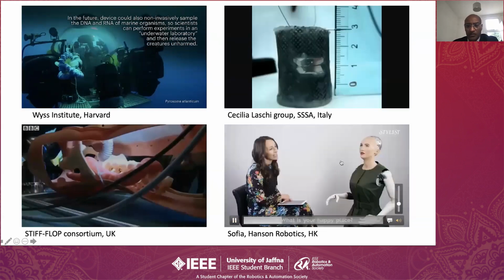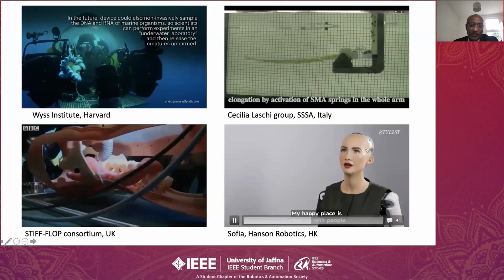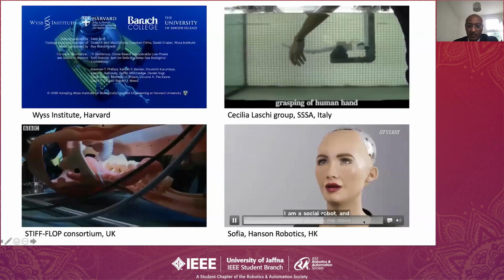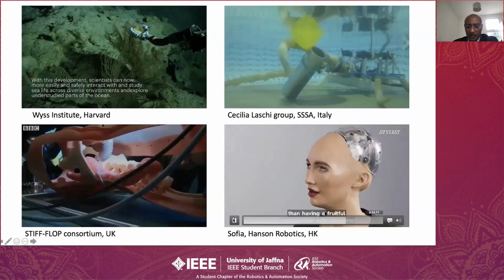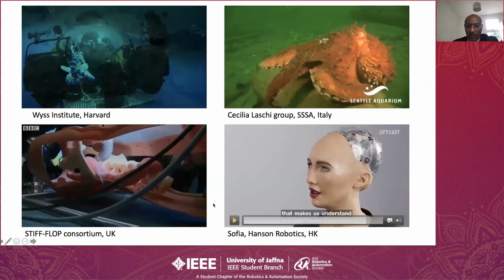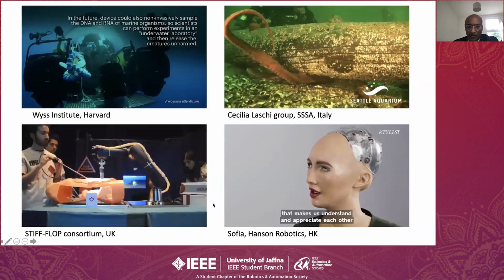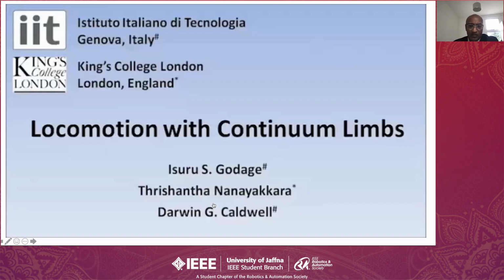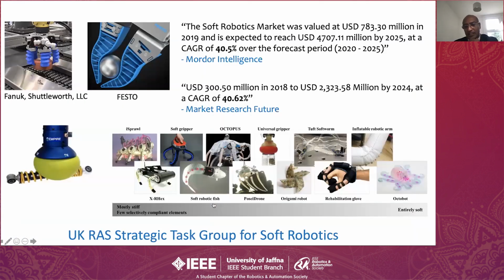So this kind of robots are also coming up, like very interactive soft robots with facial expressions. I will talk more about it later down the line. So continuum robot, I will skip this. As I said, it is growing at about 40%, and industry is already using this kind of grasping, soft robotic fingers and universal grippers with granular jamming, and locomotion robots, and fish robots and rehabilitation robots, and lots of things coming up.